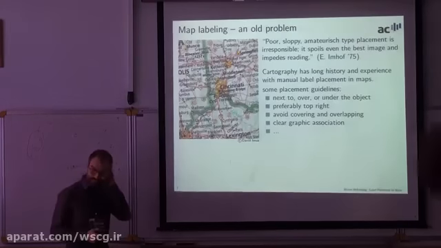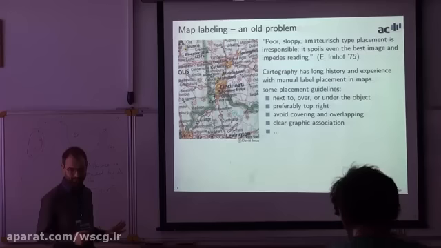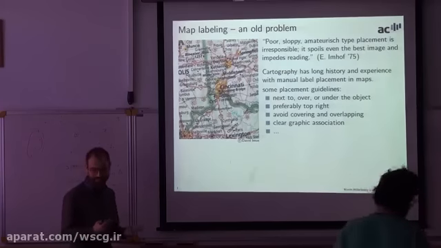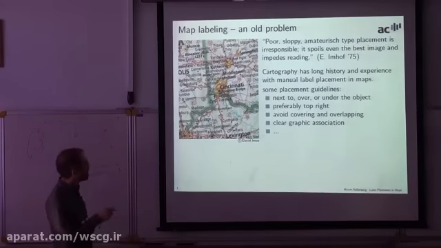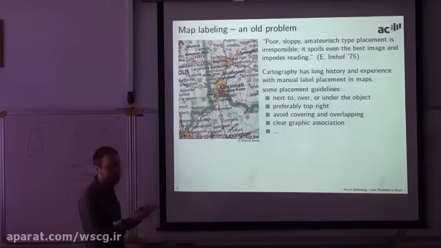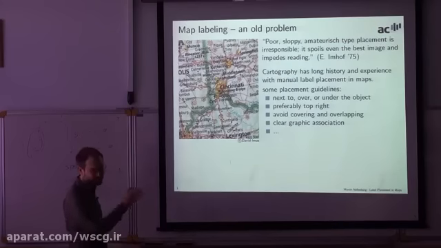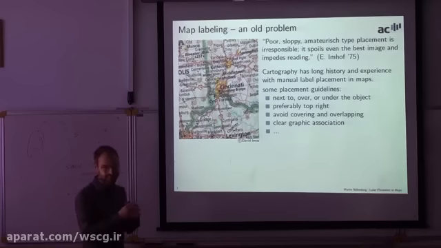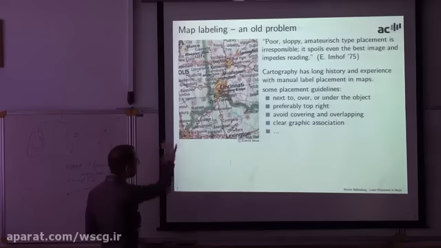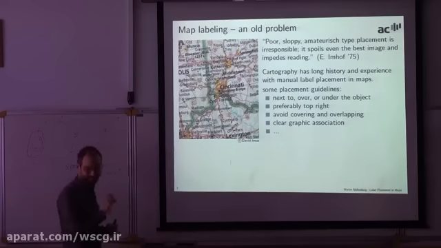So map labeling by itself is a very old problem, because people have created maps by hand for centuries or even longer. And of course there's lots of experience of cartographers on how to place labels. This is just a quote from a Swiss cartographer that is already almost 50 years old or so, who said that if you do the label placement wrong, then it can spoil the entire map. Yeah? So even if your picture in the background is very nice, but you place the labels amateurishly, then the